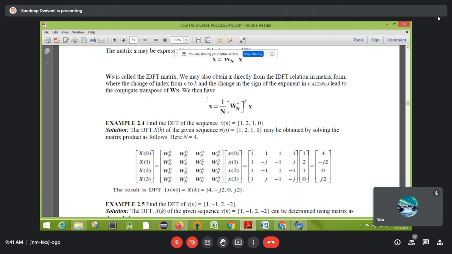First row will be 1 1 1 1. First column is also 1 1 1 1 because raised to power 0 is there. Okay, then see here, you can use logic also, or if you have any confusion, you can calculate that also in your calculator. As I told you, by using that method you can do the calculation. Otherwise what you can do, first column is 1 1 1 1, 4 times 1, then the 1 j combination is there, again same 1 1 is there, then the 1 j combination is there.